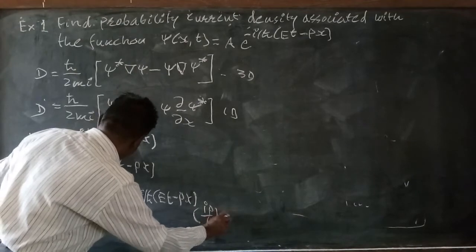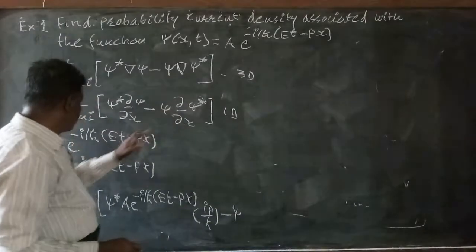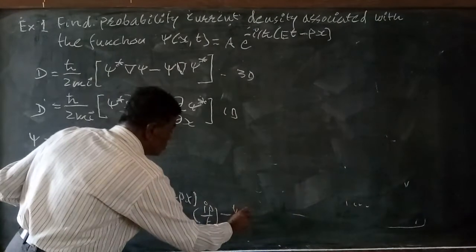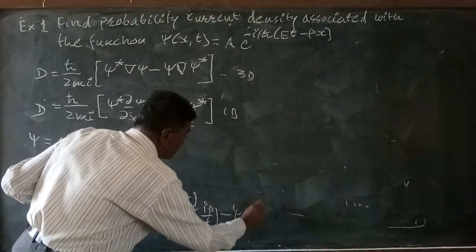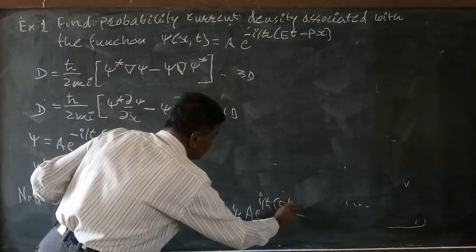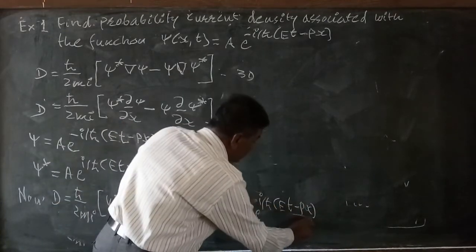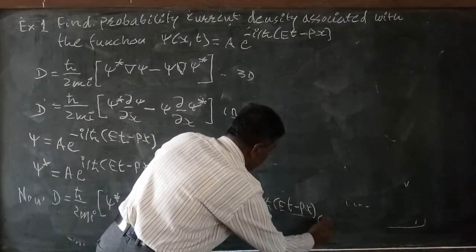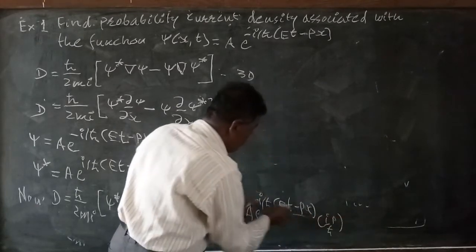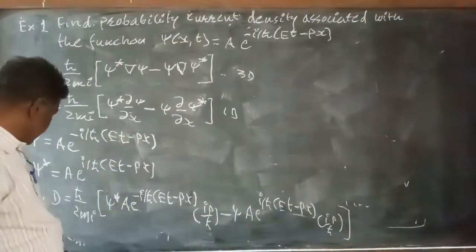Here again minus psi as it is kept, and the differentiation of the complex conjugate, delta psi star by delta x. So here also e to the power i by h cut into bracket Et minus px as it is, Et minus px into differentiation of the power term. Here the differentiation is minus i by h cut, and here it is nothing but the coefficient of p, which is minus i. So this is nothing but the t. The next after here